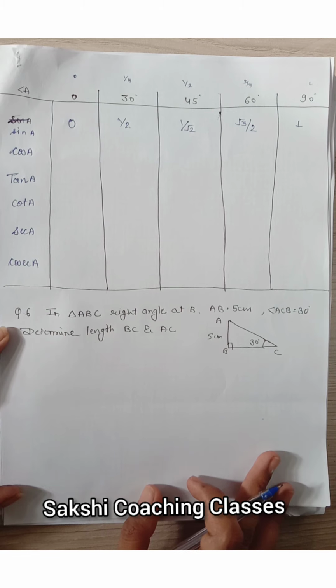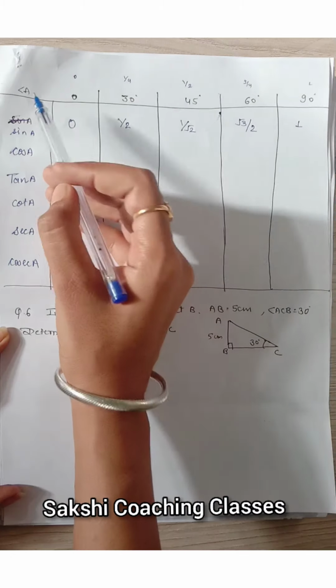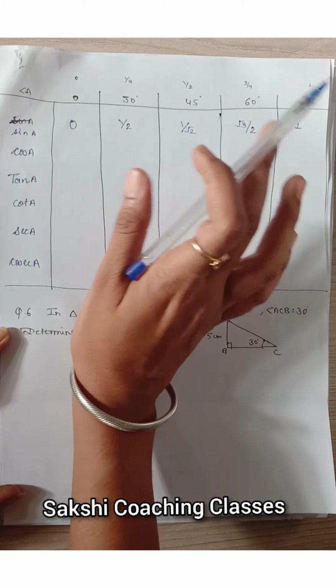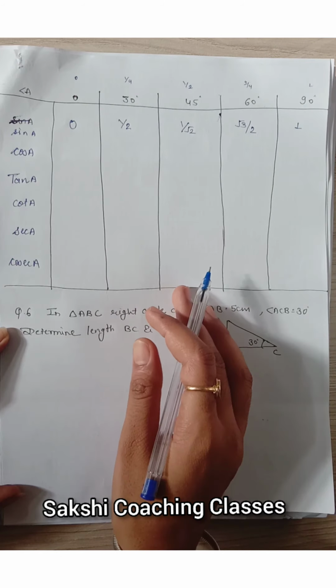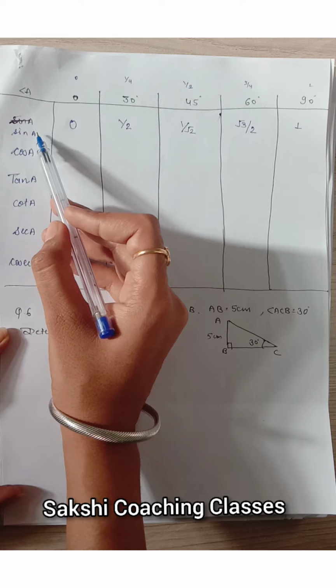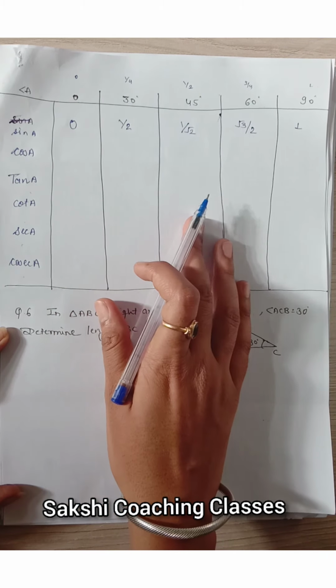We have completed 8.1. Now I am going to discuss the concept for 8.2. Here we will make a table. Here are the angles 0, 30, 45, 60 and 90. ये कुछ पर्टिकुलर एंगल्स हैं जिनकी वैल्यूज़ हमको ज़रूरत पड़ती है और हियर में राइट द सीक्वेंस साइन कॉस टैन कॉट सेक कॉसेक। क्लियर? अच्छा,